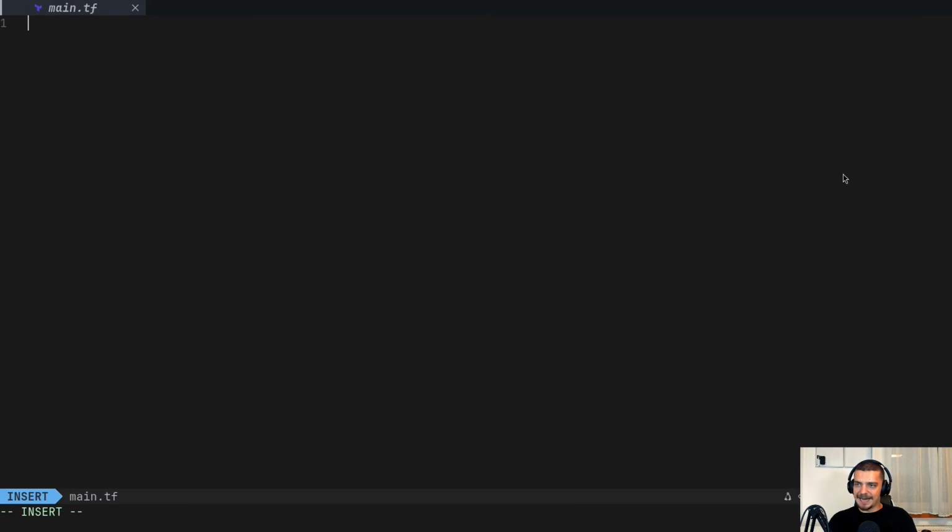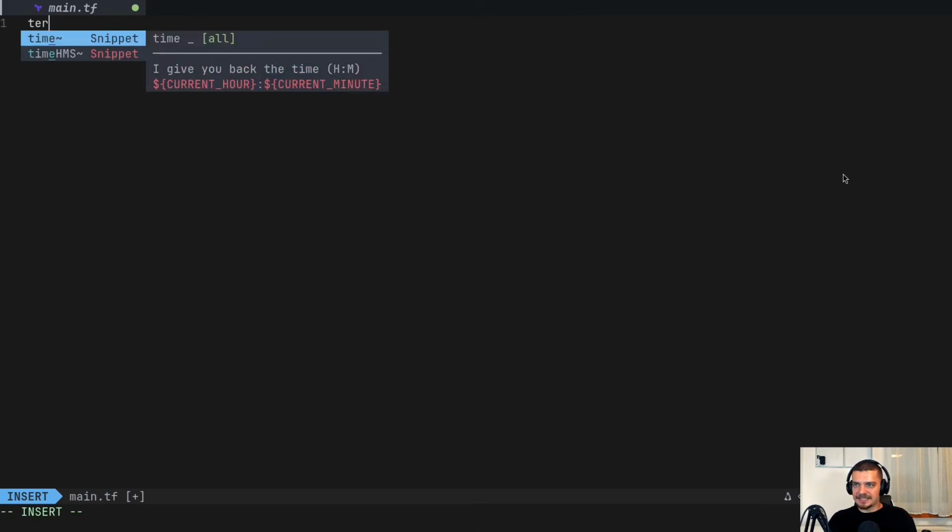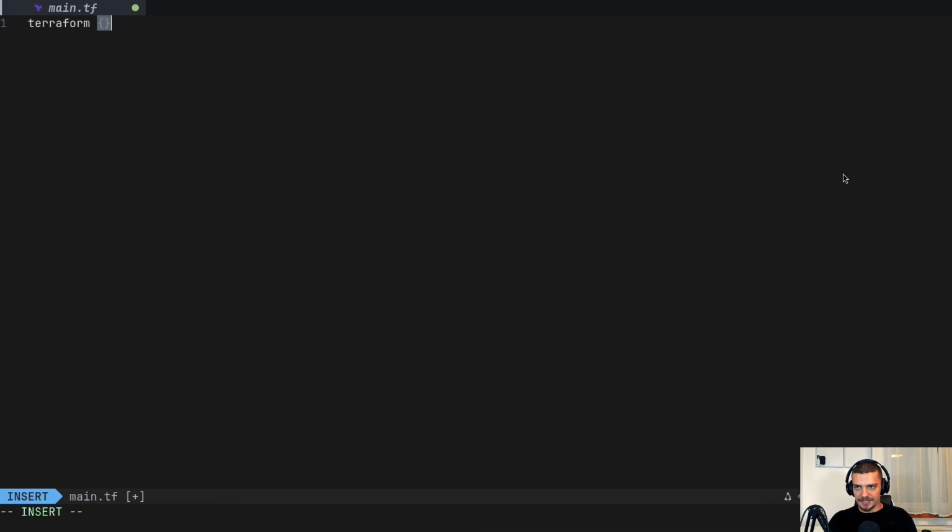I'm going to zoom in, and we're going to define the very basic action of just creating an S3 bucket, and that's it. And of course, we can undo that. I'm going to show you the commands for all of this, but let's define it first. We're going to say terraform. That is the first thing we want to write in here. Curly brackets, and let me just reopen the file to get the syntax highlighting here. But terraform is the first thing, and then we need to say that we want to access AWS.